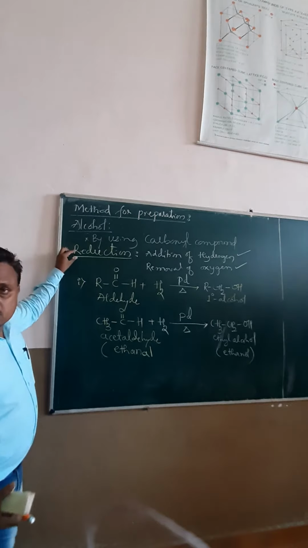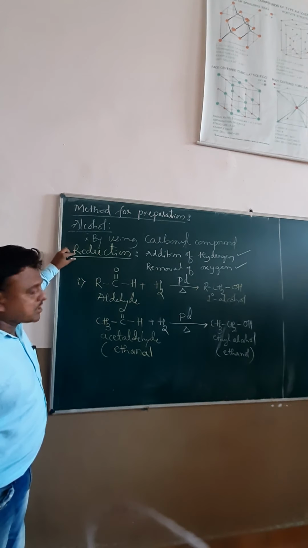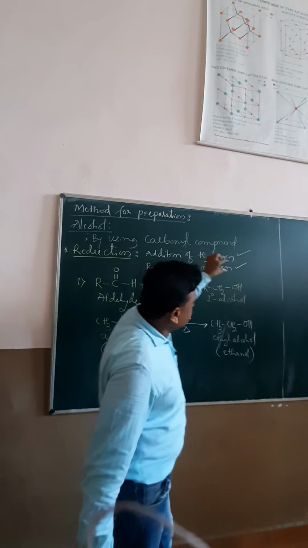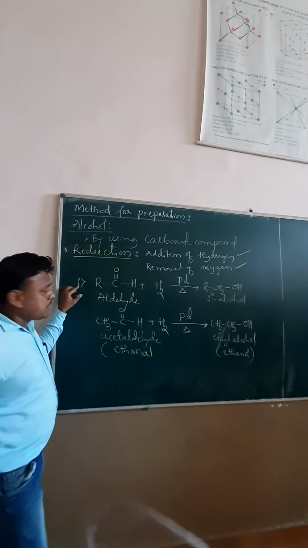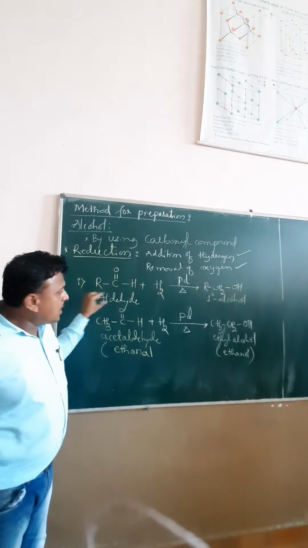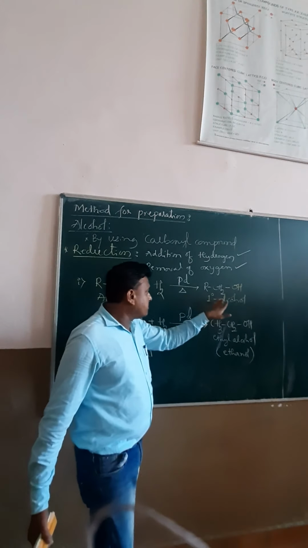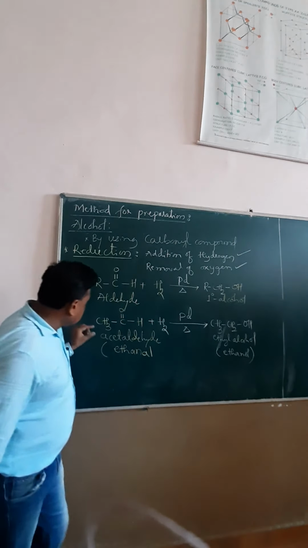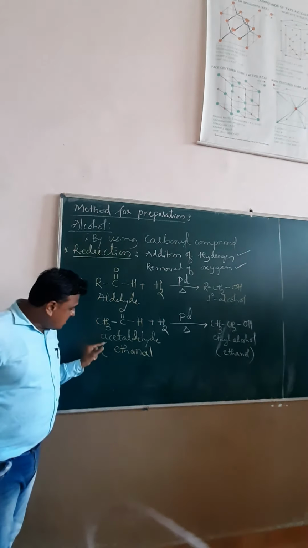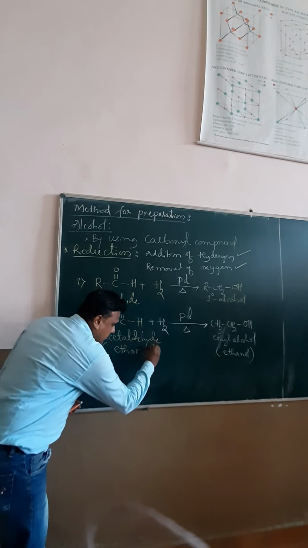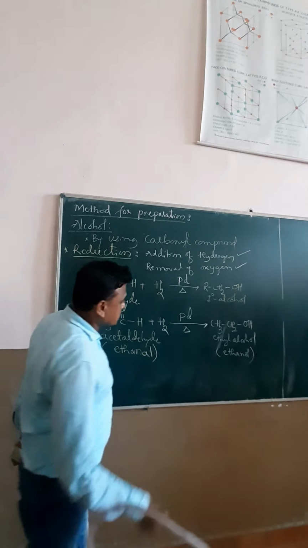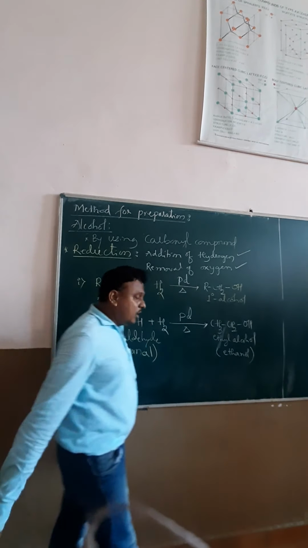Yes, friends, let us once again repeat this concept of reduction. Reduction stands for addition of hydrogen or removal of oxygen. First we consider the example of any aldehyde, generally RCHO, which undergoes reduction to form a primary alcohol. This example, CH3CHO, the common name is acetaldehyde. The IUPAC name of this one is ethanal. It undergoes reduction with a palladium catalyst to form the product ethyl alcohol or ethanol.